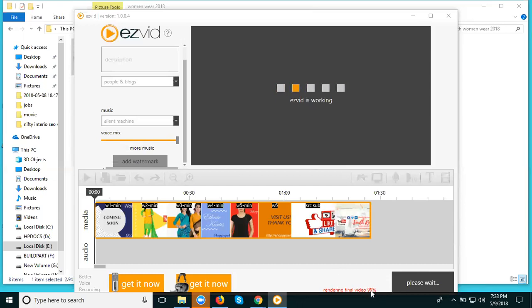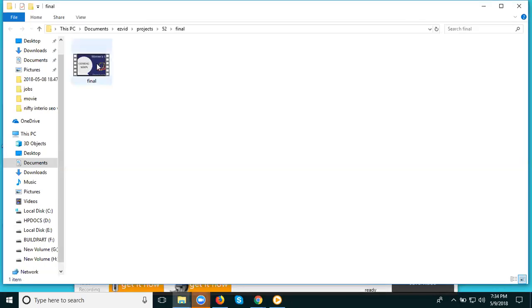When you finish 100%, the watermark option will work. Why? Because this is still under process. When you finish 100%, you can add your watermark. Click save video. You have to wait for a second here. So the preparation is done and the folder was opened. See, you can play the video.